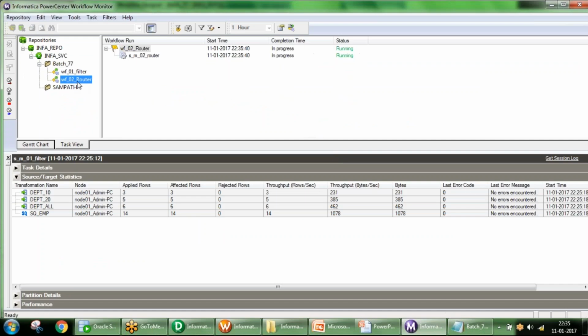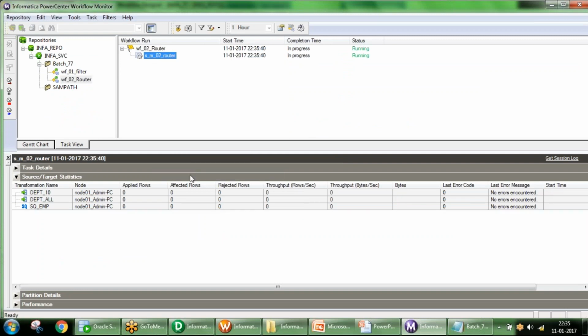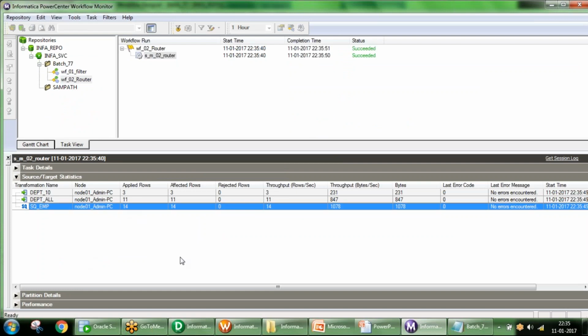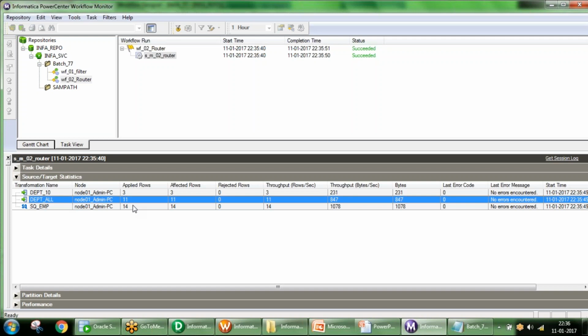So this is the second workflow, it's running. See, from the source you are getting 14 records. 3 records satisfied the first filter and were loaded into your first table. Automatically all unmatched, unsatisfied records from the first group fall into the second group, and it is loaded with 11 records.